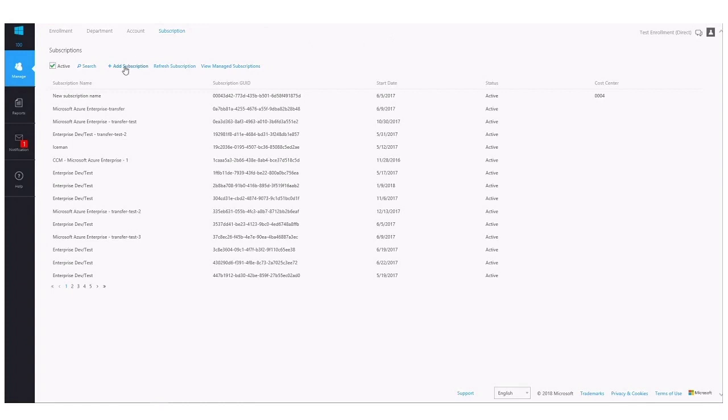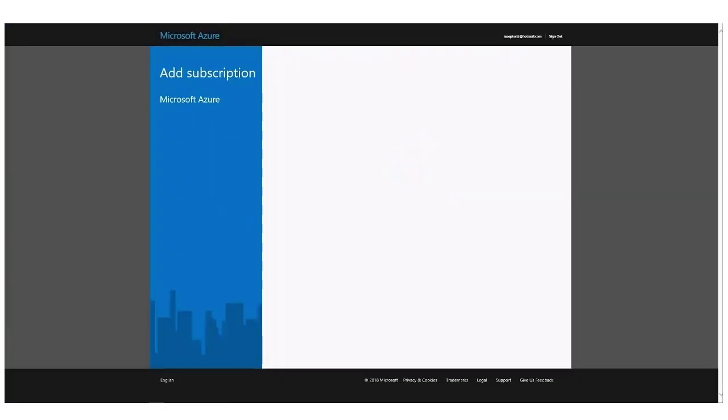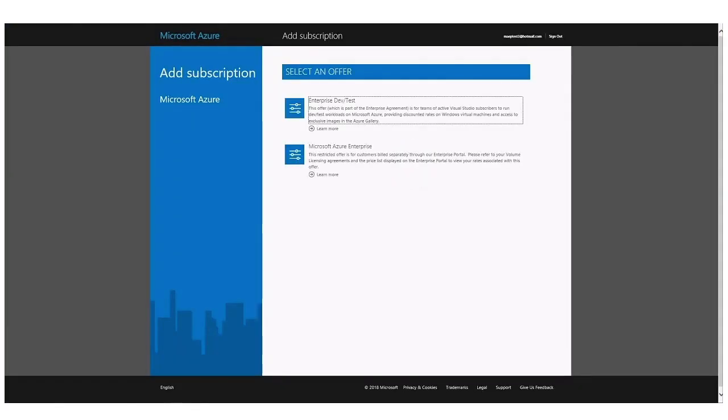One thing to note here is that when you do select plus Add Subscription to create a new subscription, oftentimes you'll notice that you need to enable pop-ups in order for the subscription to create properly. Otherwise, this will not open. The first time you create a subscription, you will be asked some questions about the owner, but subsequently you'll notice step number 1 in creating a new subscription is simply selecting an offer type. Here I have that Dev Test box selected, so now you're seeing the option for an Enterprise Dev Test subscription.